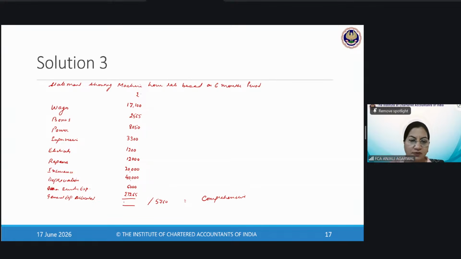So it comes out to be 1,37,480. When this is divided by 5,760, the comprehensive machine hour rate comes out to be at the rate of 23.8 rupee per hour. So every time, including, please